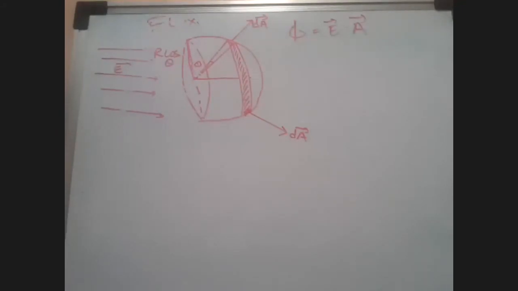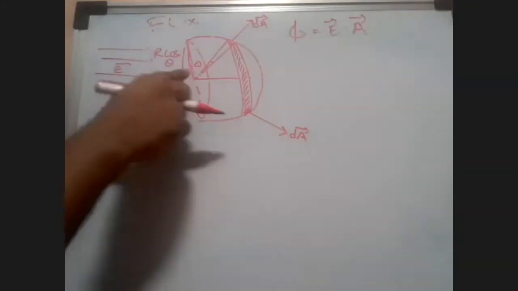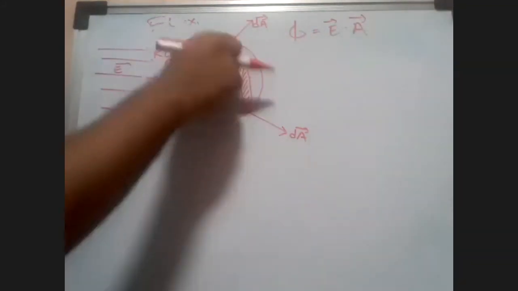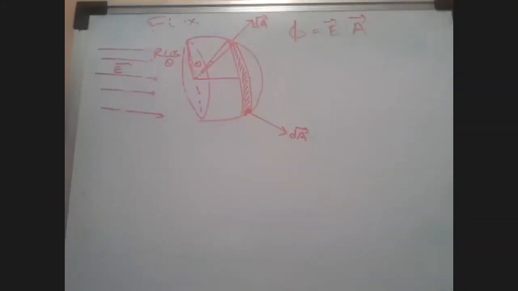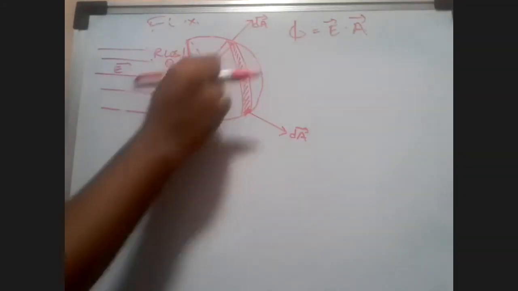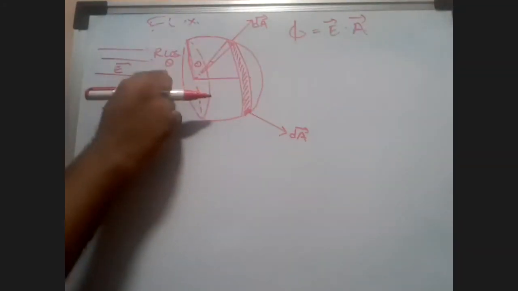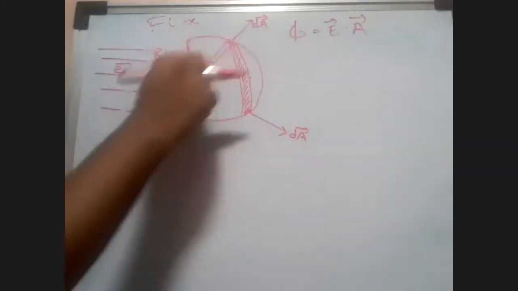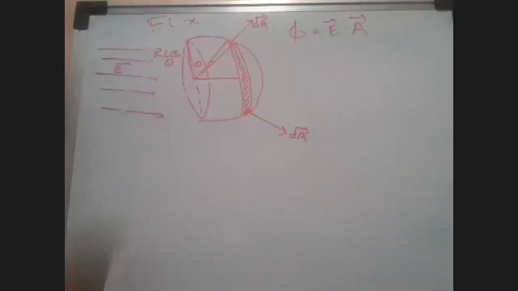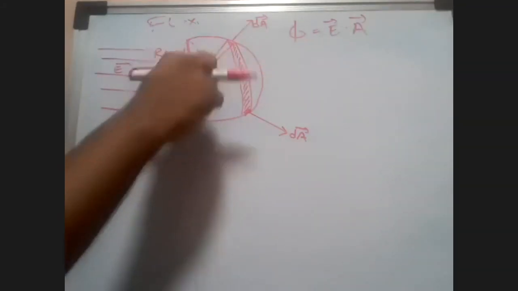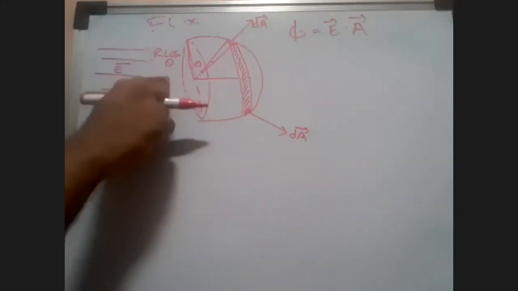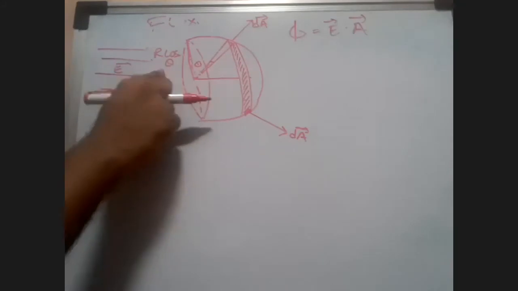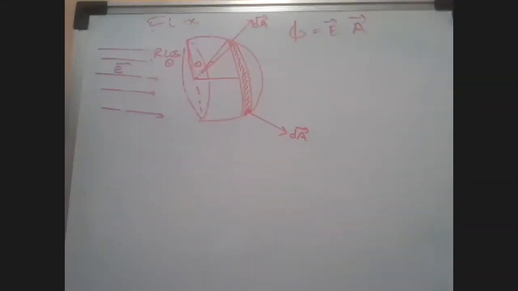Now some people might have a doubt that R cos theta is basically the same from here to here. How is that equal to this? No, it is not that. When you are taking a small amount of d theta, the theta over here is variable with respect to the angle you're taking. Depending upon the amount of d theta that you take, R cos theta will be manipulated in that way only. So R cos theta is equal to the radius of this ring.